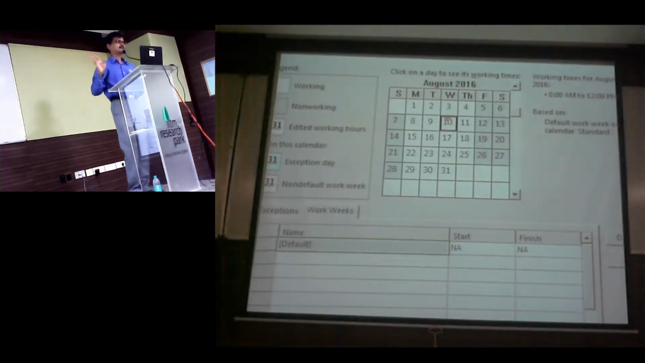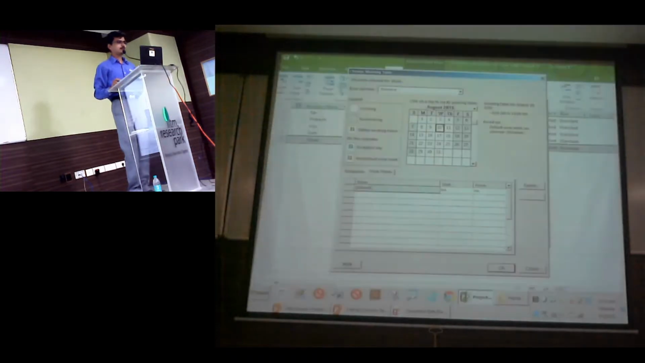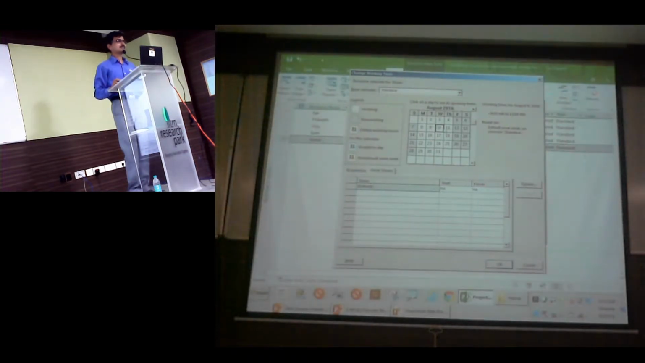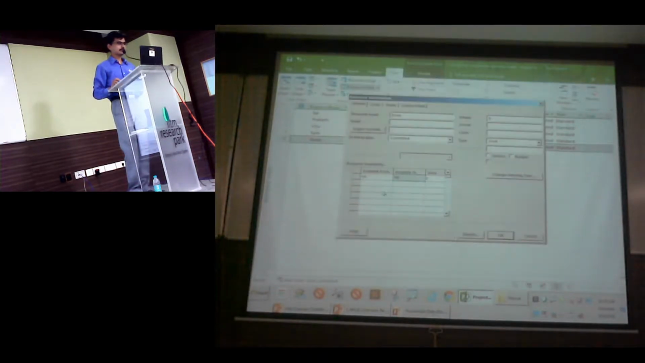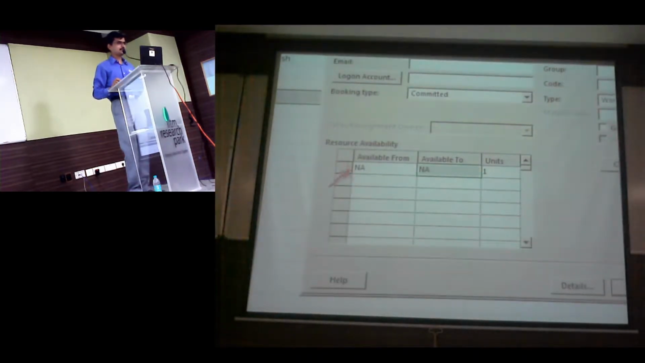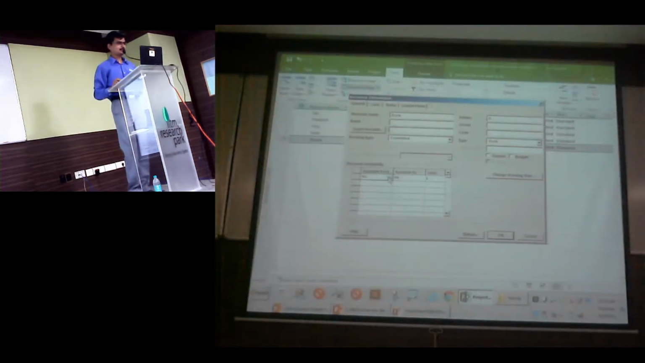Which means that I'm working only 4 days a week. But though I work 4 days a week, on each of these days, I'm only 50% available to this project. So you can close this working time. And in the resource availability, this is where you provide your billability or availability data. So I can clearly say that he is available for the month of August for the first 5 days,